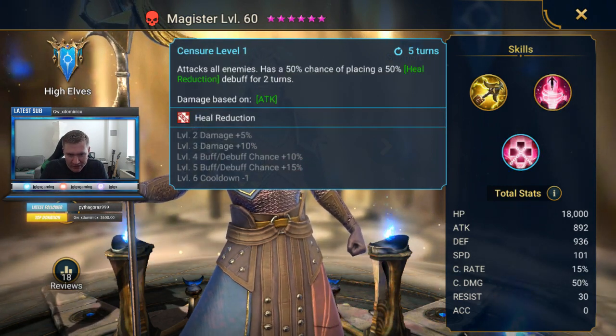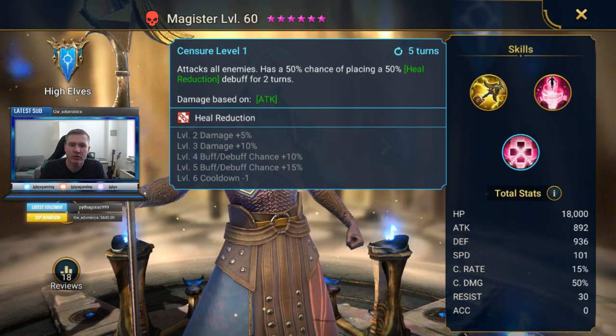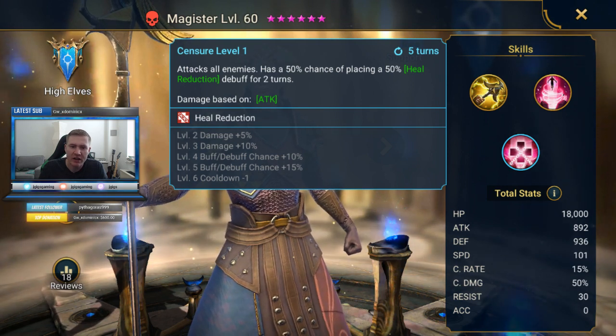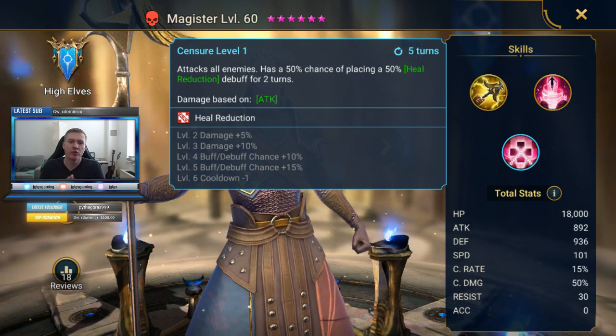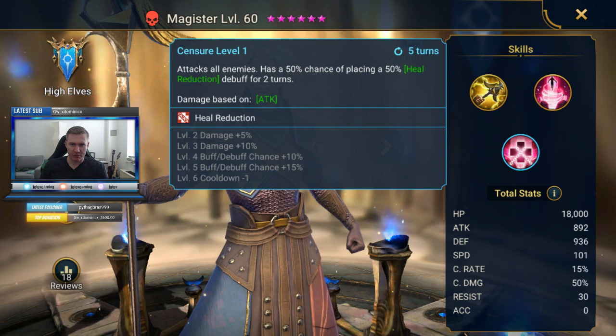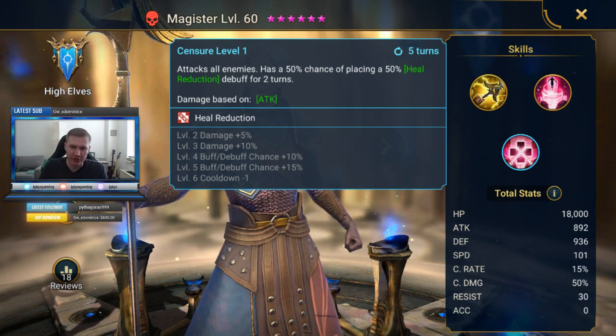Third skill, attacks all enemies. Has a 50% chance of placing a 50% heal reduction debuff for 2 turns. Damage based on attack. Now, we're not going to be gearing him up for attack, so this is really just to put the heal reduction buff on the enemy team. You're not worried about his damage here, so